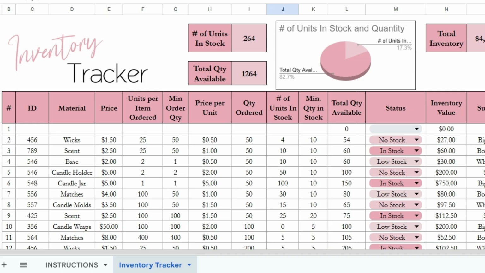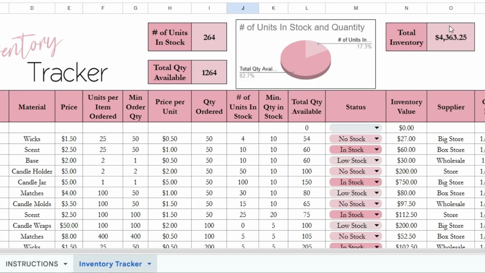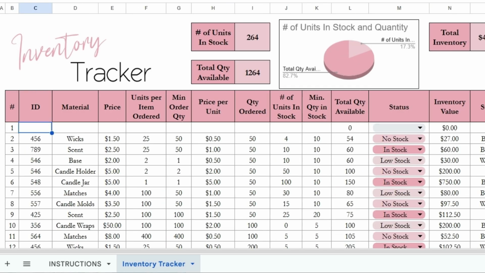Here at the top, it's going to show you the total number of units you have in stock, the total quantity available, and the total value of your inventory. What you can do is put in the material ID number, the material name, your cost, how many units per item ordered, what is your minimum order quantity, the price per unit,